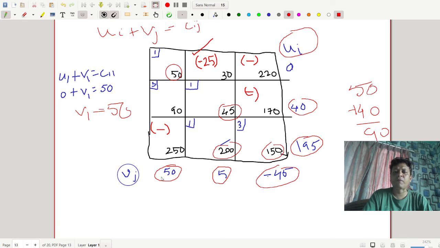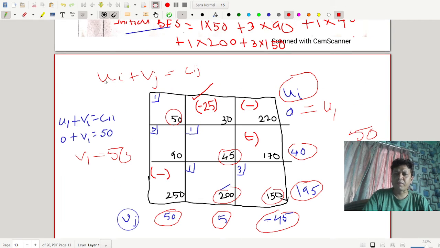So this is the filling of the ui and vj. You can fill up the positions for u1, u2, starting with u1 equal to 0. I have started with u1 equal to 0. You can start from here also. In the second row, you can put u equal to 0 because there is no such rule, but it is always preferable that where you have the maximum number of basic cells, you can start from there. Some books follow this, but I have started from u1. So you are filling u1, u2, u3, v1, v2, v3 by following this rule, ui plus vj equal to cij.